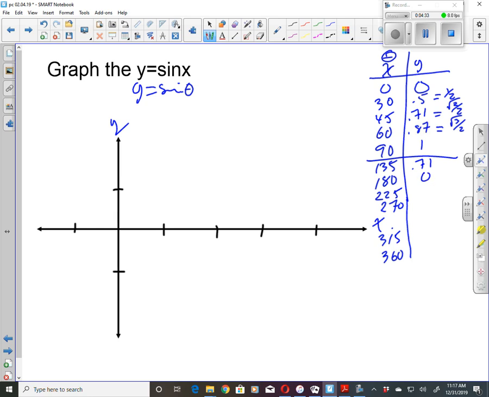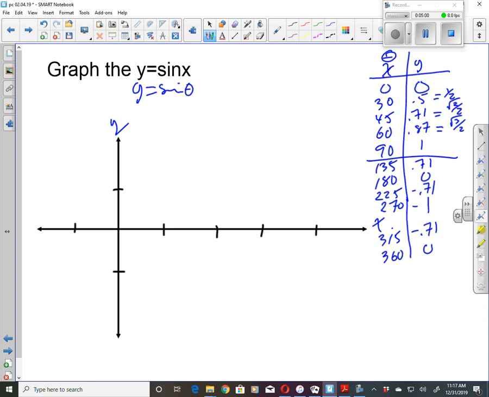At 225, negative 0.71. 270 is going to be negative 1. 315 is going to be negative 0.71. And 360 is going to end up back at 0. So you end up with, again, a repetitive nature. Notice that some of this is positive, some of this is negative. Now, when we're graphing this,